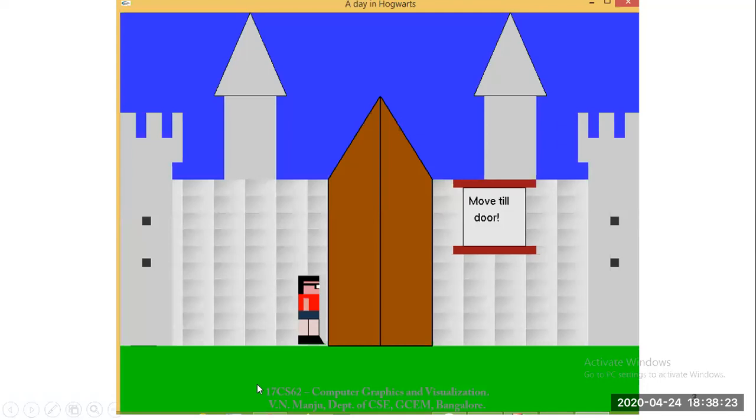So I'll just show you the program. See here, we have to include windows.h and harry.h. Harry.h is a header file which I created. I wrote the program for creating this man. For this man and all these objects I have created harry.h. That is where I put all the functions. Now I have my init function. I have glClearColor, and we have the ortho. I have set it to 500, 500.